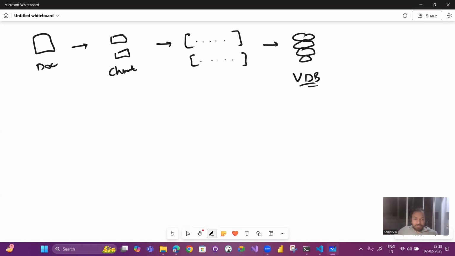Now we have a user. This user is going to ask some query. This will go for embedding. Then we'll go for a cosine search.